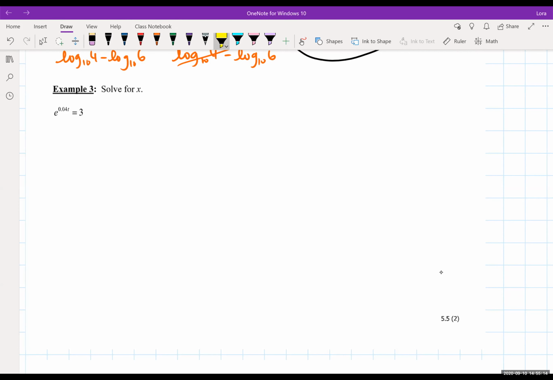So right away with example 3, we're looking at an exponential equation. And I know it's an exponential equation because I do see the variable in the exponent position. There's a t there instead. And you might be saying, well, wait a second, I thought e was a variable too, but not in our context, because remember, e is Euler's number,